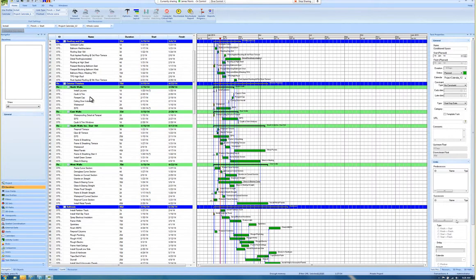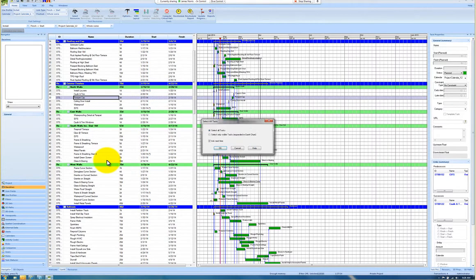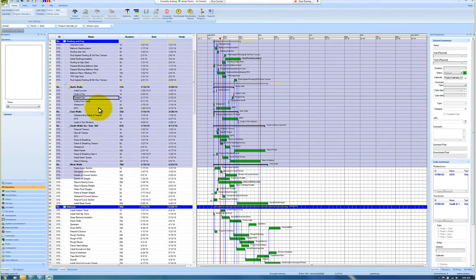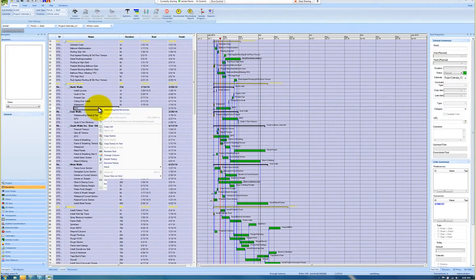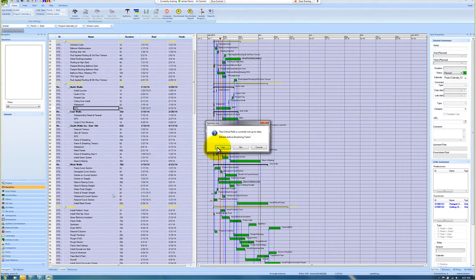To add baselines, what you really need to do is right-click anywhere in the Gantt area and select all, which is also Control A. Once you do this, you want to select all tasks, because when you're creating a baseline, it creates a baseline, which is kind of a layer, a snapshot of that point in time based on your selected tasks. So once you've done that, then choose Baseline Selected Tasks by right-clicking again, and it'll ask you,